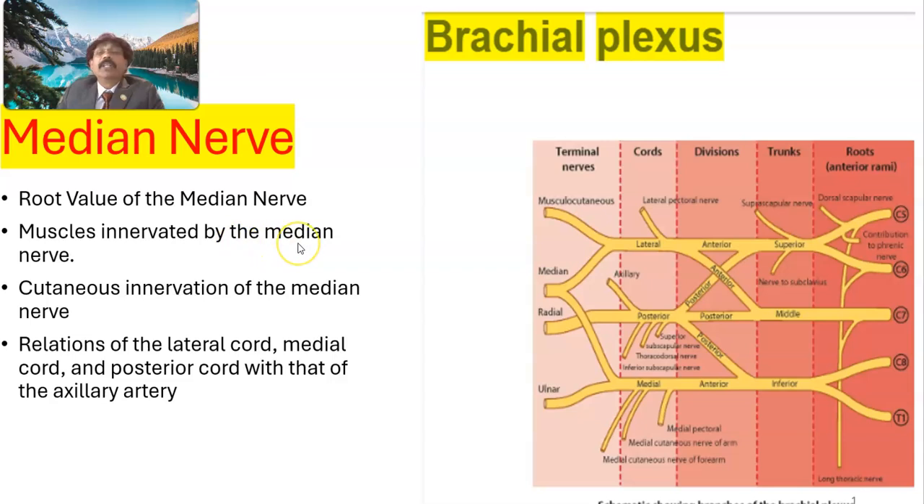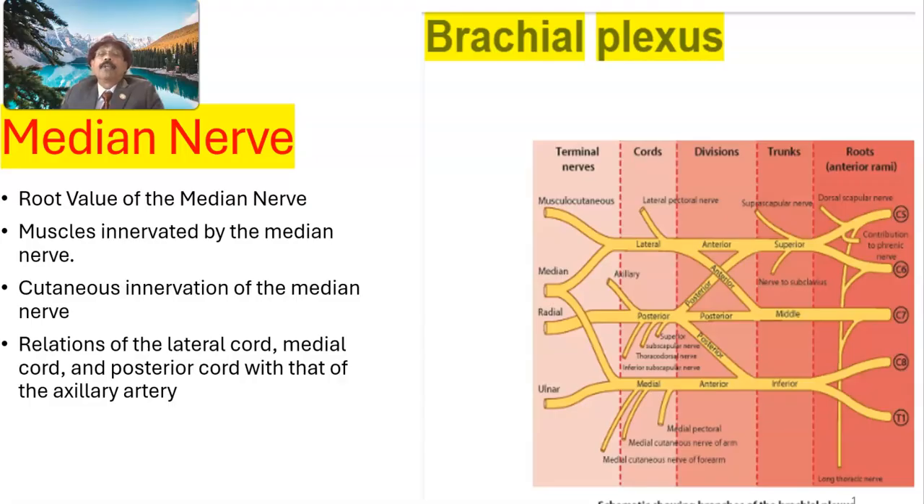Muscles innervated by the median nerve. The median nerve does not supply any muscle in the arm. It supplies muscles on the forearm, particularly the flexor muscles, like the pronator teres, flexor carpi radialis, palmaris longus, flexor digitorum superficialis. It also supplies the deep muscles via the anterior interosseous nerve, like the flexor digitorum profundus, flexor pollicis longus, and